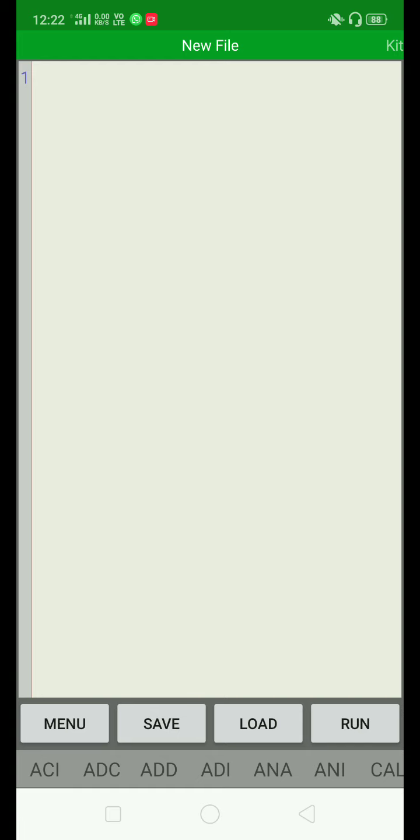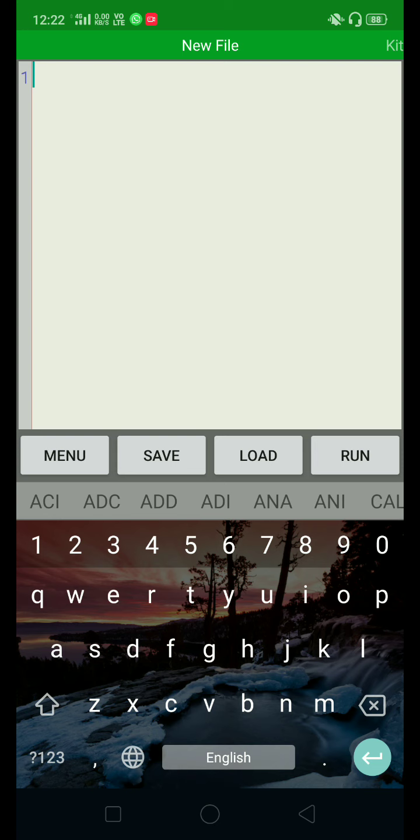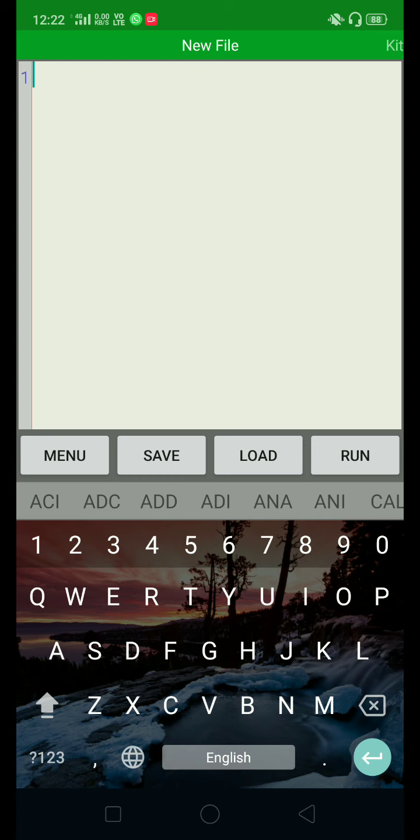Now we will write the program here in this text editor window. Just click on the text window. Below the menu bar you will get different instructions. You can take the help of these instructions, and if you know the instructions very well, we can directly write. So as I said, the first program is the addition of two 8-bit numbers by using immediate addressing mode, that is by using the ADI instruction.